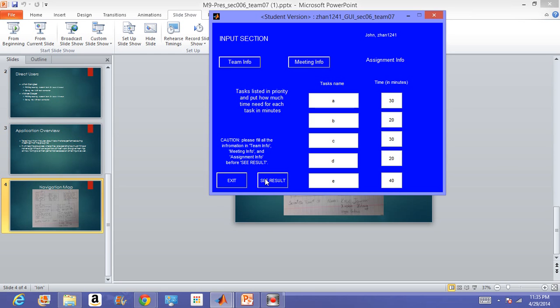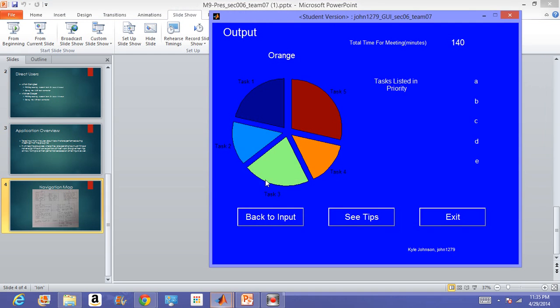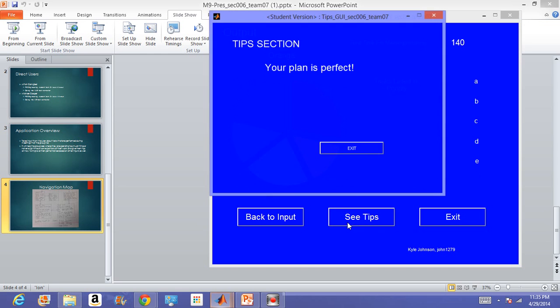Once again, pressing See Results will take us to the first set of outputs, which show us the pie chart, once again showing that task 5 takes the majority of the time. The task list is shown in priority from A to E, and the total meeting time is 140 minutes. Once we click See Tips, it will give us the second output. This states your plan is perfect, showing us that meeting once a week is good enough for the